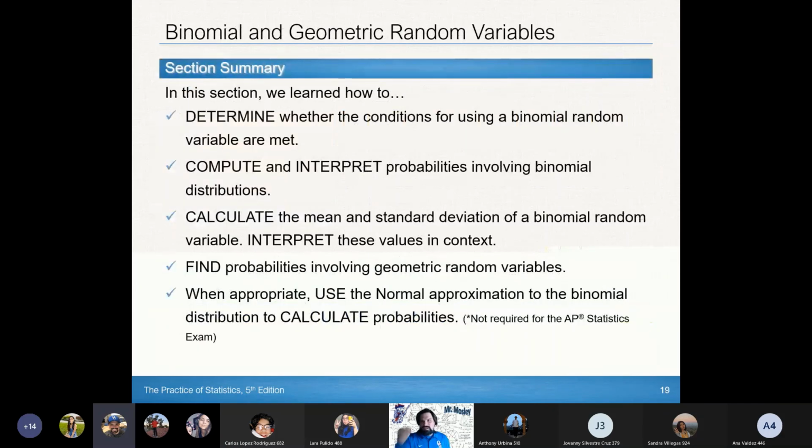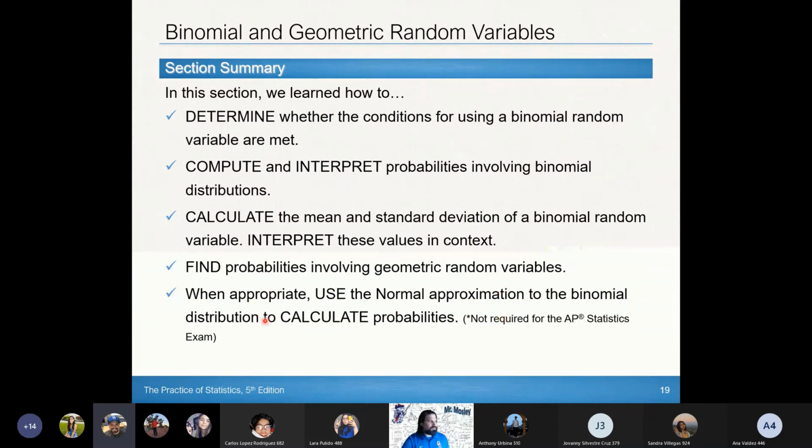So then, that is the lesson. We covered binomial and geometric random variables. There are special conditions for using binomial random variables, that's checking your BINS. We can compute and interpret probabilities involving binomial distributions. We can find the mean and standard deviation of a binomial random variable and say what they mean. Find probabilities involving geometric random variables, and when appropriate, use the